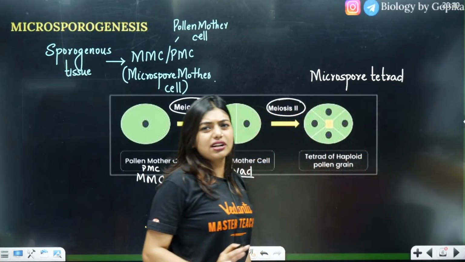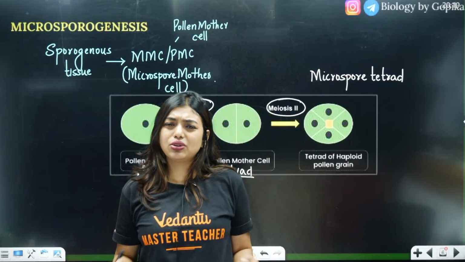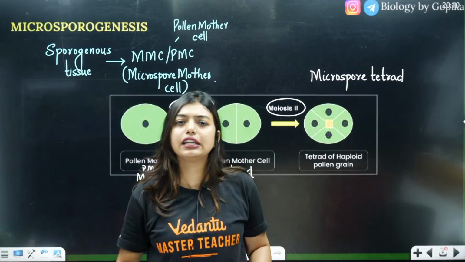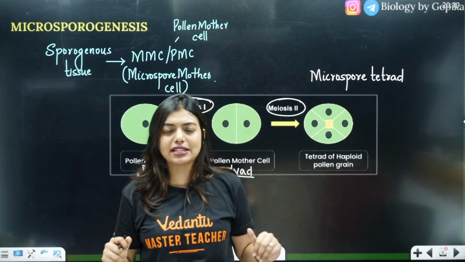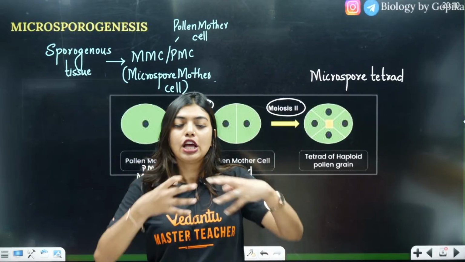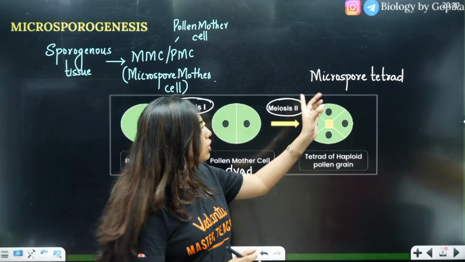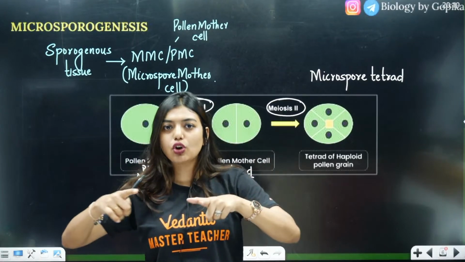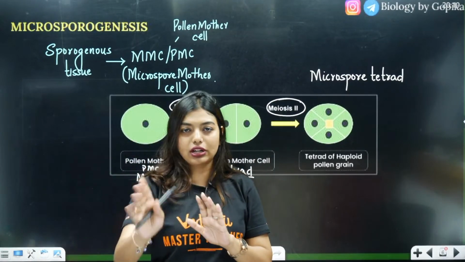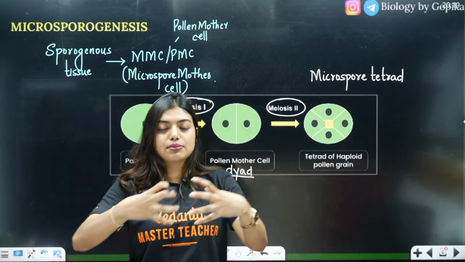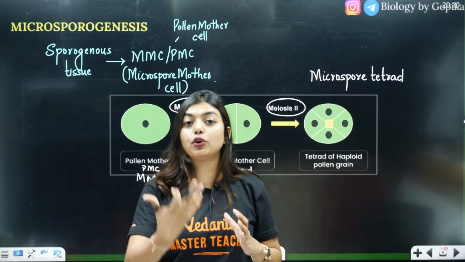This microspore tetrad is like, I don't want to leave each other, let's all be friends. Now, by attending your KCET channel, all of you will become friends. You'll be like, whenever you're going for Gopika Ma'am's live, you message me also, even I'll come. So that becomes a group. Same way here also, four microspores came together, and it is because of a covering as well, but luckily you do not have to know it. For NEET students we usually teach this. These microspores together form the microspore tetrad.